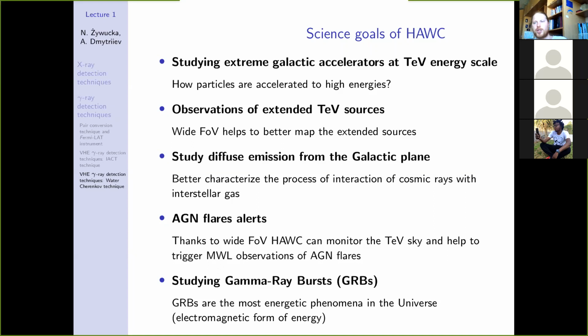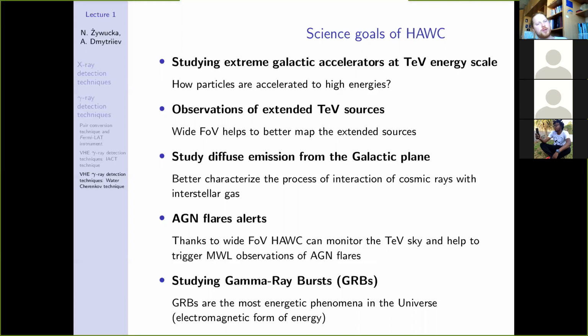But at 100 GeV, the gamma ray will be propagating for around 500 megaparsecs until it is attenuated. And at around 100 TeV, so 3 orders of magnitude higher, a gamma ray will be propagating only 8 or 10 kiloparsecs until it is attenuated. So the main idea is that you cannot see gamma ray sources